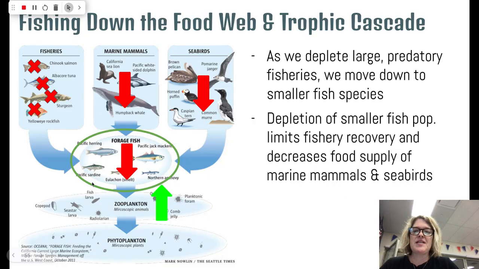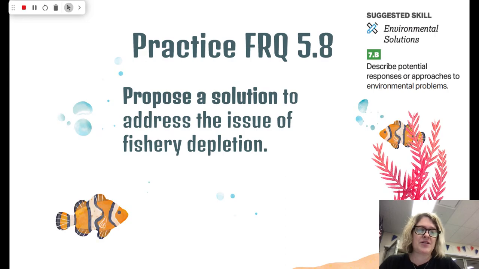And then we'll see a huge increase in the zooplankton population down here at the bottom. And that then causes a decrease in the phytoplankton population. And if we end up having no producers in the ecosystem, then we can just completely destroy an entire aquatic food web.